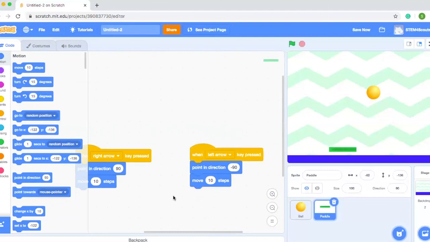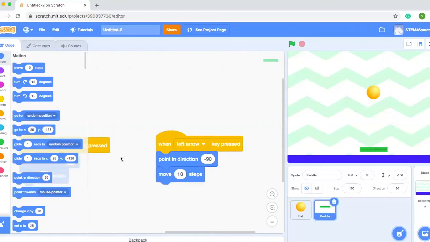Something that's super important about writing code, always gotta make sure you test what you're building as you build it. It's super important that we test our code as we build it because we wanna catch any problems that might be occurring along the way as we build our project, rather than building the whole thing first and then realizing that there's a problem with our game, and then it makes it a lot harder to retrace our steps. So it's really important to test your code as you build it, so just in case there are any problems,